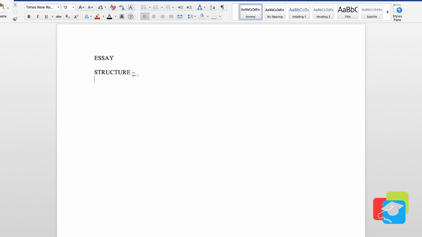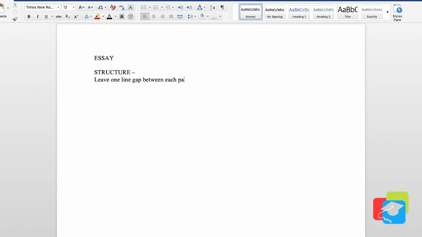And when you write your structures, in between each of your paragraphs, you don't have a gap. So assume this is an essay not for PTE. If it's an essay for your uni, you're trying to submit an assignment, you always leave one line gap in between each paragraph. But why don't you leave a line gap for your PTE essay? So make sure that you don't put all your paragraphs together. That's really messy. And on top of that, I'll write in here, in that case it's clear. Leave one line gap